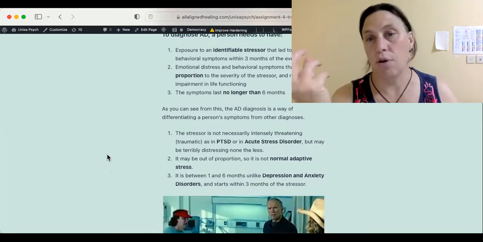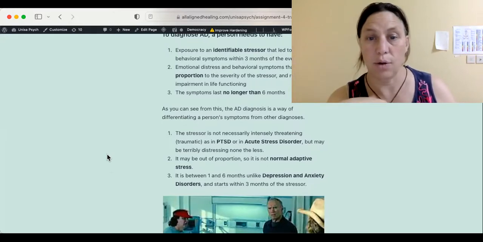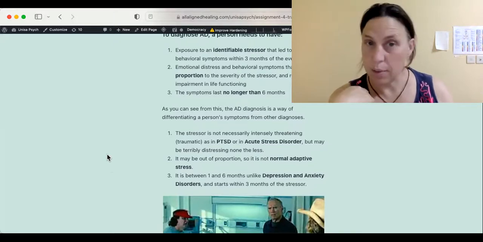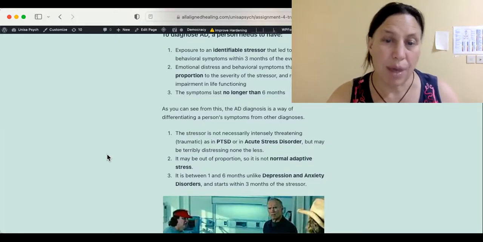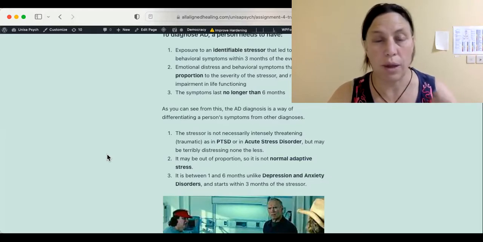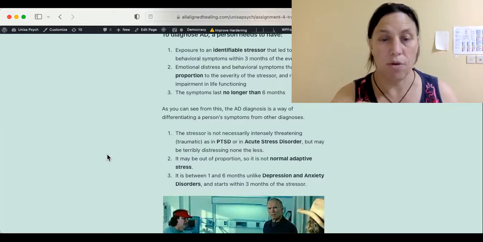The stressor is not intensely life-threatening, such as PTSD or acute stress disorder, but can be terribly distressing. It's not always a minor thing. And it may be out of proportion, so it's regarded as an abnormal response to stress. It's not normal and adaptive. It lasts between 1 and 6 months, unlike depression and anxiety disorders, and starts within 3 months of being exposed